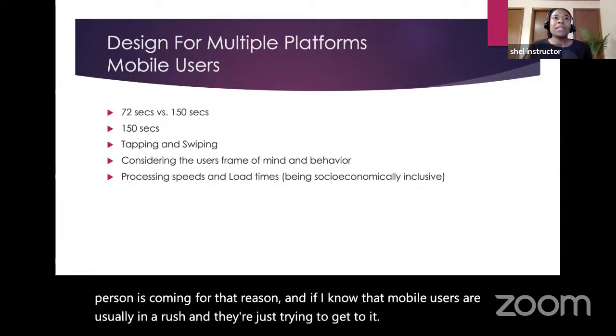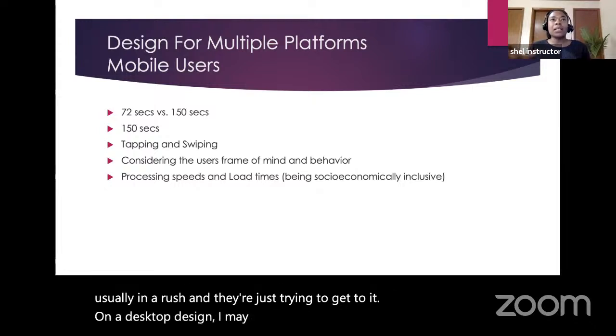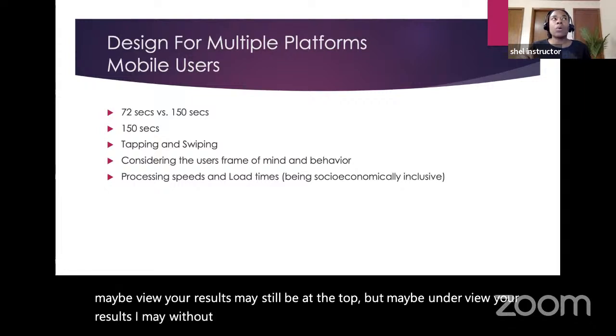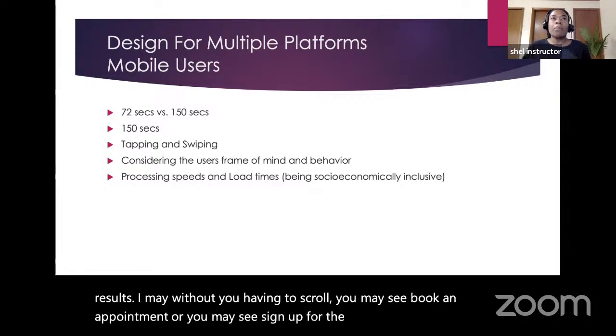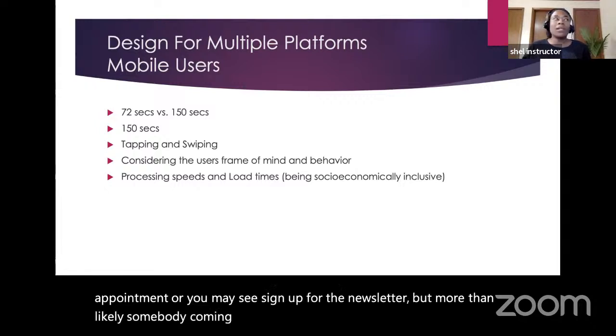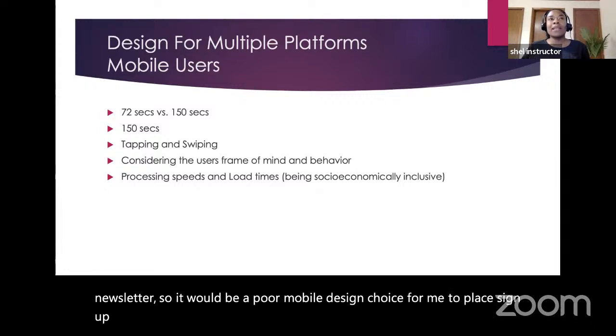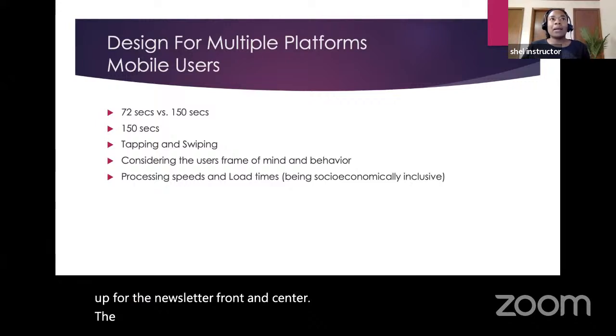On a desktop design, I may have more flexibility to add more options. So maybe view your results may still be at the top, but under view your results, without you having to scroll, you may see book an appointment or sign up for the newsletter. But more than likely, somebody coming in from mobile does not care about the newsletter. So it would be a poor mobile design choice for me to place sign up for the newsletter front and center,